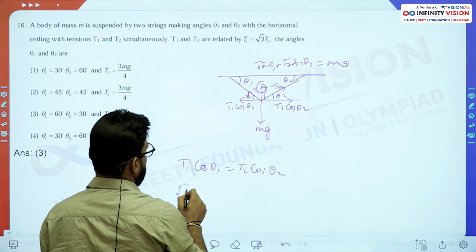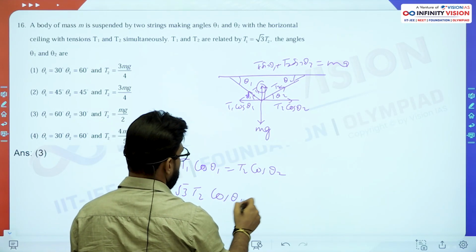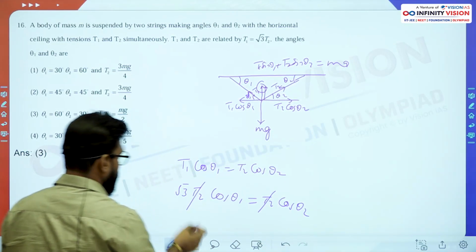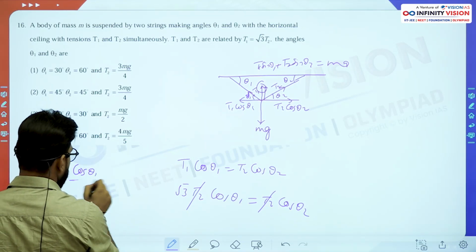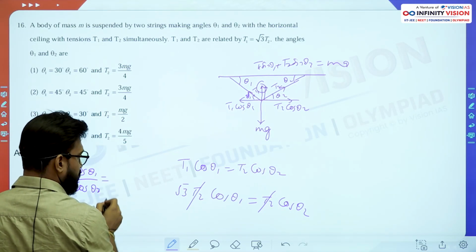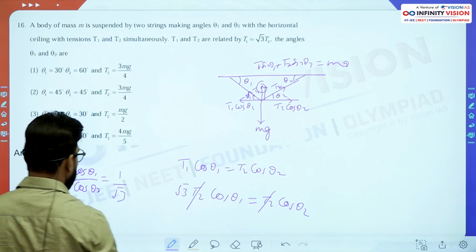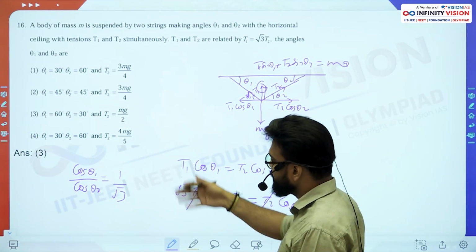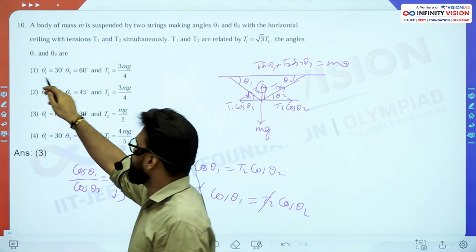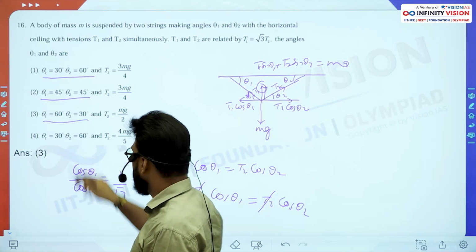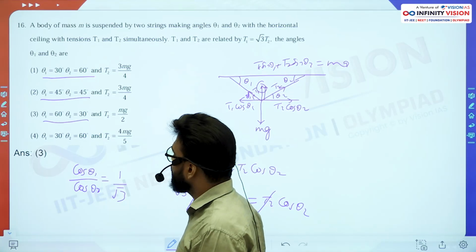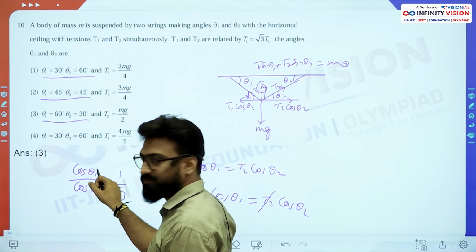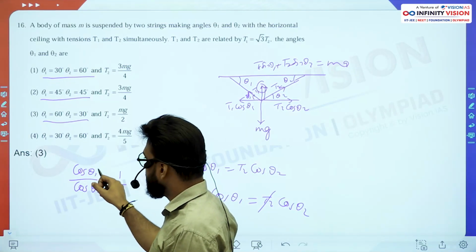T1 is root 3 times T2. So T2 is gonna cancel out. Cos theta 1 by cos theta 2 comes out to be 1 by root 3. What we can do is easily put the values of theta 1 and theta 2 from the options into this expression, and we can see at which angles it satisfies this relationship. First of all, if we take theta 1 as 30 degrees, so cos theta 1, cos 30 would be root 3 by 2